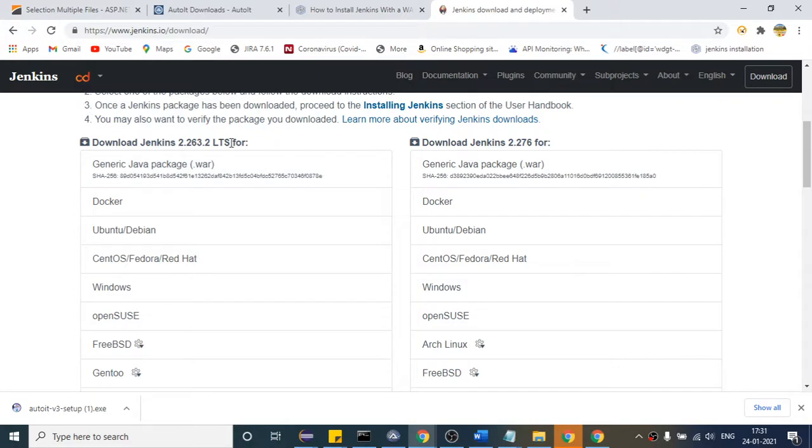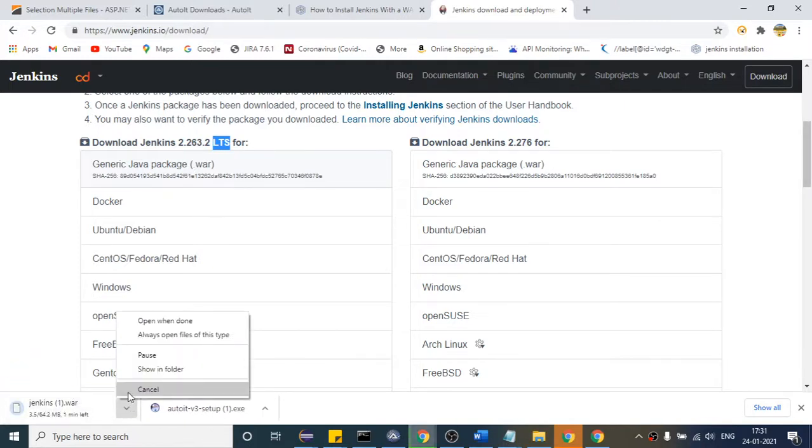So it is actually the long-term support version. If you want, you can download this one. So click this. It is not a very big file. Okay, it is a little bit big, 64 MB. So let me not download it. I already have it. When you download it for the first time, you can download it like this, right?